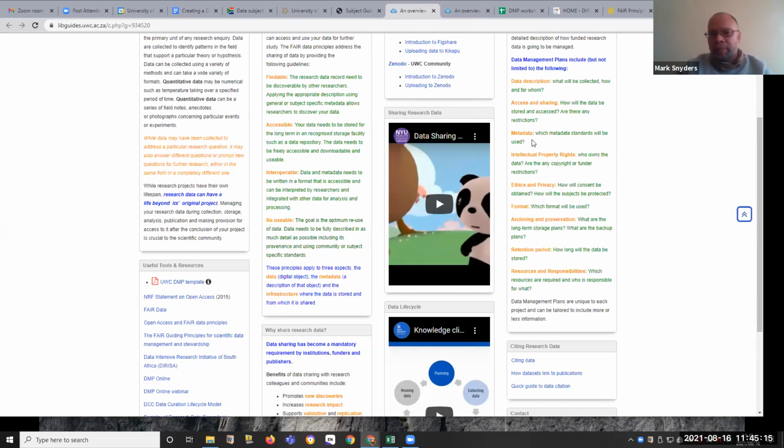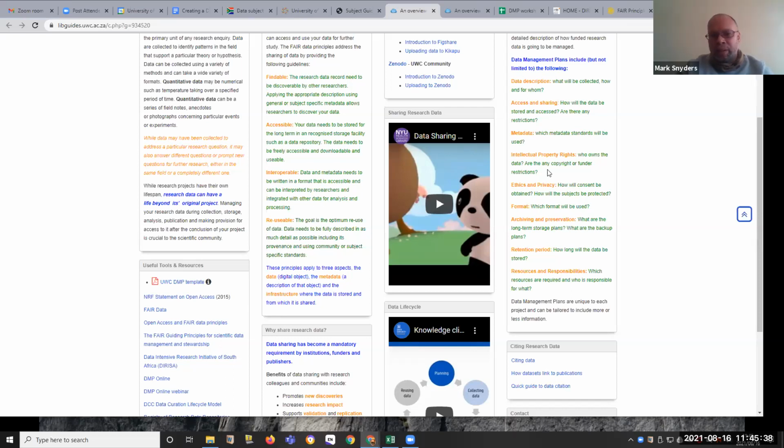Okay, intellectual property rights, who owns the data? And are there any copyright or funder restrictions? As far as the intellectual property rights are concerned, not all research projects collect data from scratch. Data can be used from another project or another facility of some kind.